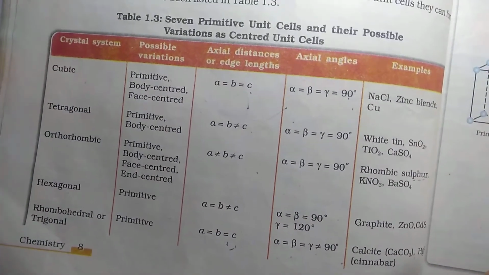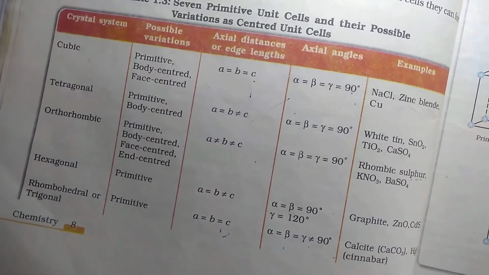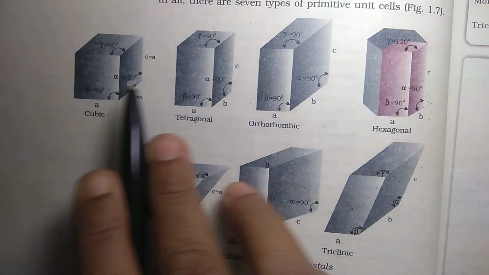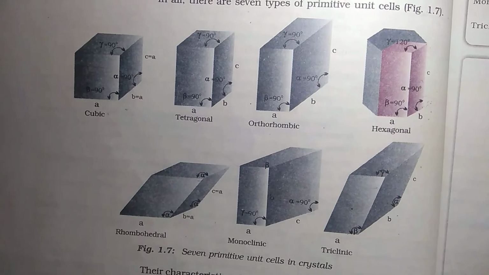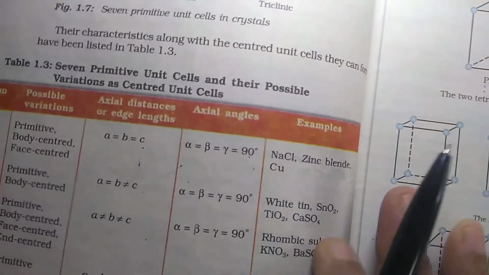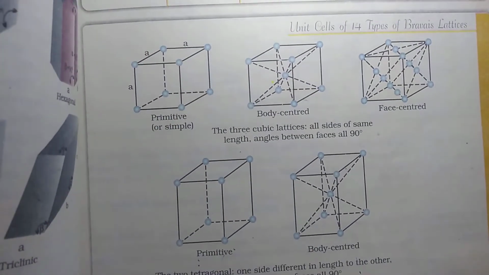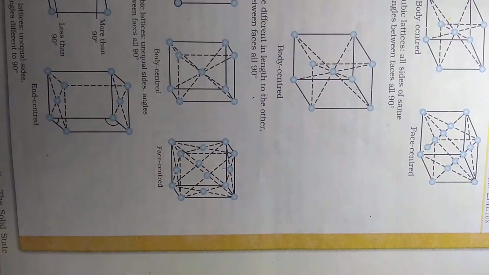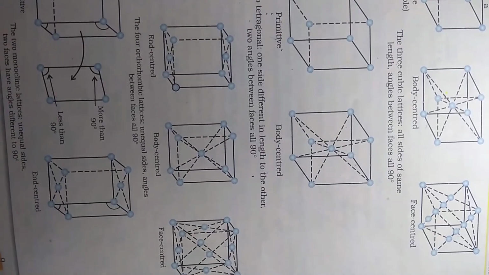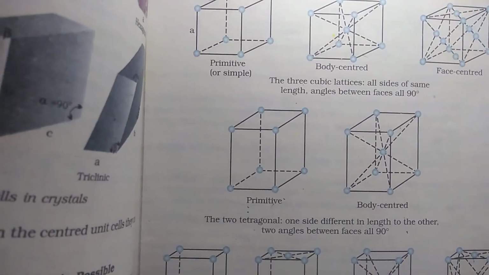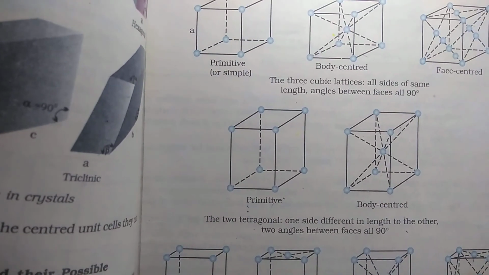Okay. So first learn this, and then see, these are 7 crystal systems, and these 7 crystal systems exist in nature in 14 different forms. What are those 14 different forms? They are called Bravais lattices. See this. This is what you call Bravais lattices. For this I am sending you a video, to understand much better.